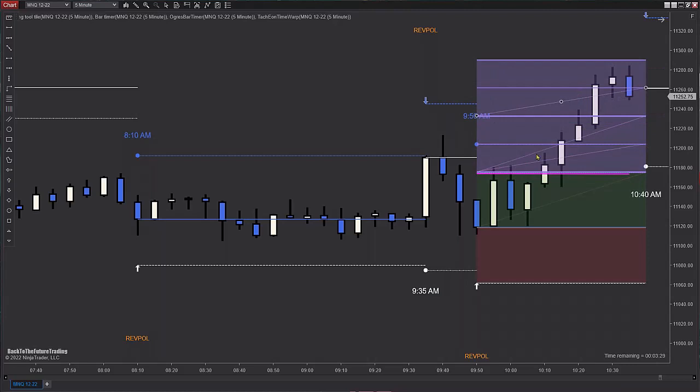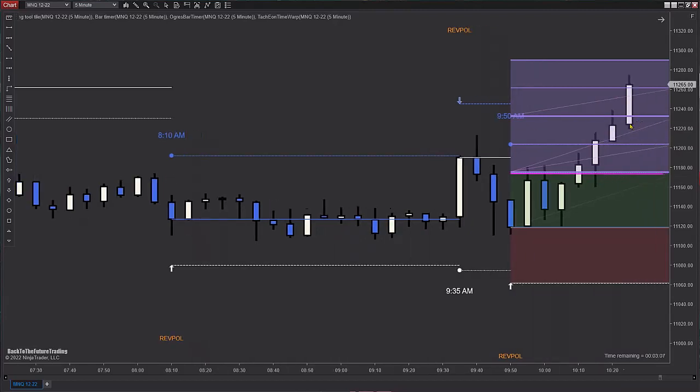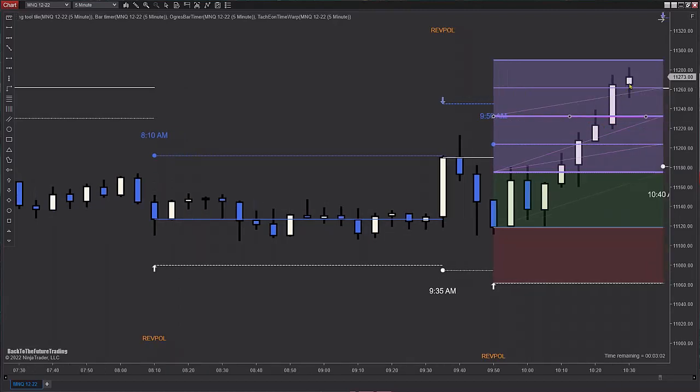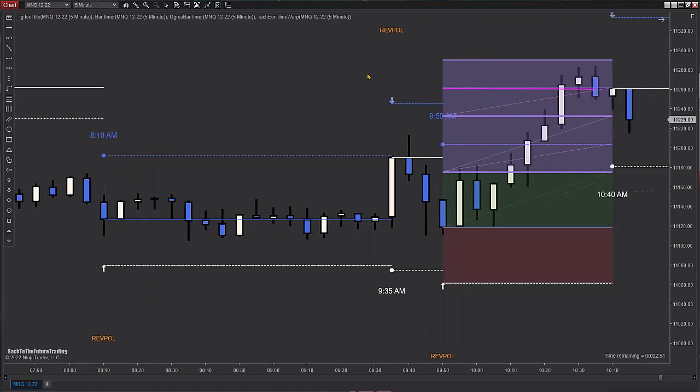But so far as I've seen, because this is based on the average true range and it's based on the market volatility of that time period, these standard deviations seem to work fairly well. So maybe we wait till this candle closes above. Okay, well then we're supposed to be here. Then we wait for a candle to close above here, and then we move to here. And then if we would have got to close above here, then we can move to here. So that might help with the Apex stuff, having some kind of method to trail stop.